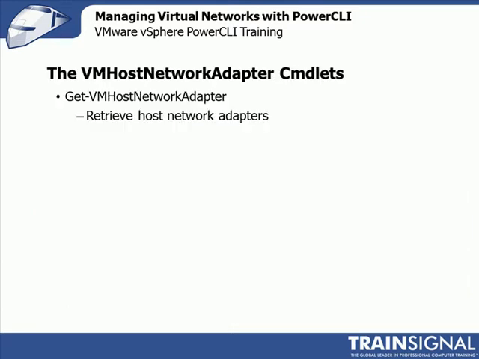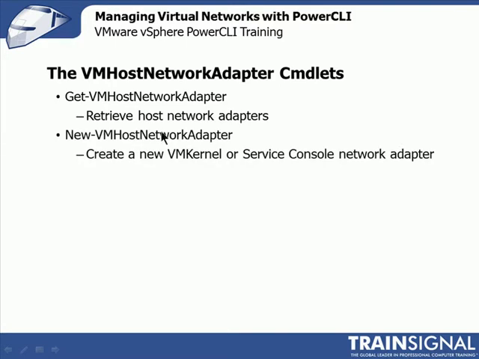First, realize we're now talking about a new noun. This is the VMHostNetworkAdapter noun. There's 4 of these commandlets. First one is Get-VMHostNetworkAdapter, and this is to retrieve the host network adapters. New-VMHostNetworkAdapter. This is used for creating a new VM kernel or service console network adapter. And I'm going to show you examples of this